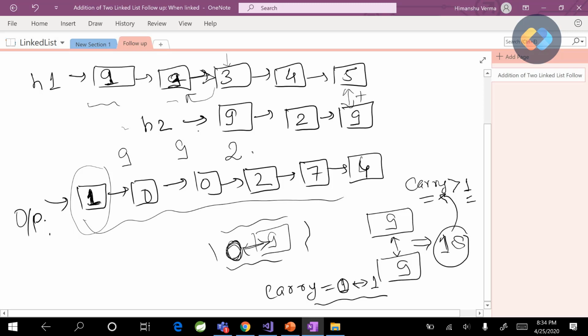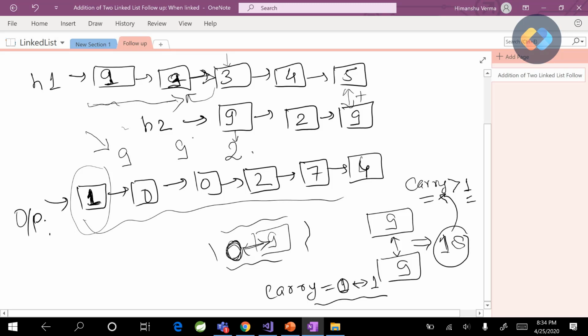That's the main problem we are facing when we are trying to add the nodes from the most significant digit. Let's see how we can tackle this problem. The first thing we know is that we have to have a previous pointer at the node, because if we reach this node, there is no way for us to go back here.